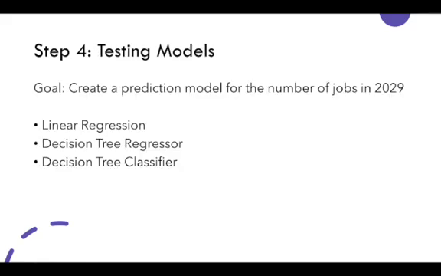So after we've done some summary statistics just to get a little bit more familiar with the data, the next goal is to figure out what model we wanted to create. So we first looked at a linear regression model, just because it made sense. We're looking to predict a number of jobs in 2029. And since a number of jobs would be a continuous value, we were expecting that maybe a regression of some sort with enough variable input would be able to